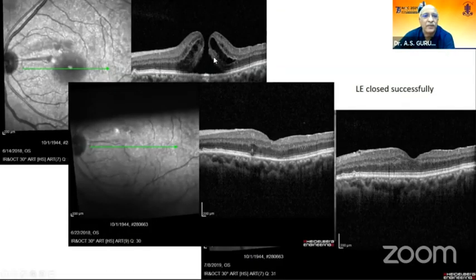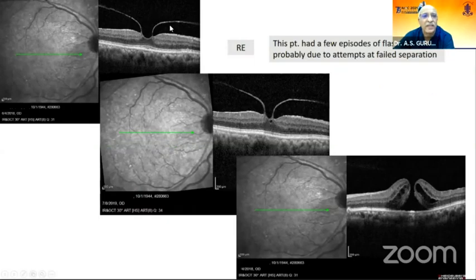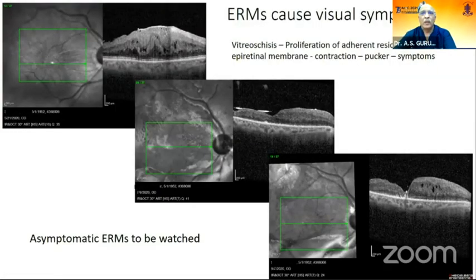So this is the example of the patient, the left eye of the patient having undergone successful surgery, and the right eye was being monitored. This is the stage 0 hole of the same patient. Gradually progressed, developed small cysts, and ultimately a full thickness macular hole like this. 2 years later, this also needed surgery, and he did very well.